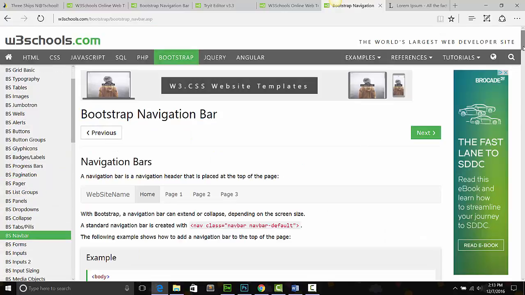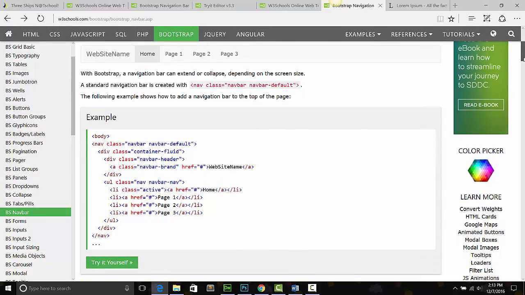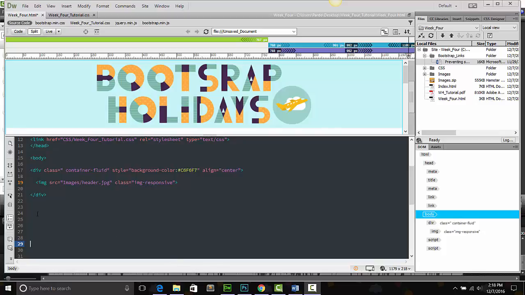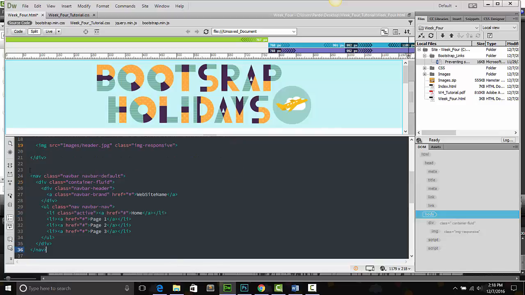Now again, if we have all this code here, we don't necessarily have to connect this up to a database just now, but we have the skills where we can basically hyperlink pages together. So for example, if we're doing work for a client, we can very simply get a responsive page up and running super quick. We can maybe take the nav bar from here, Command C, that's all the code we need. Back into Dreamweaver, and we can simply cut and paste that code for the nav bar in. And we can change the